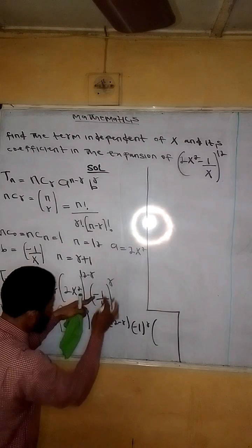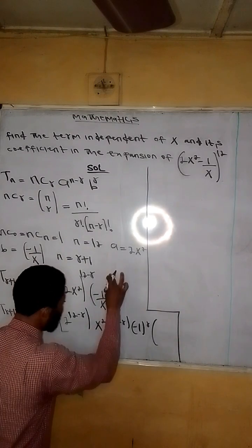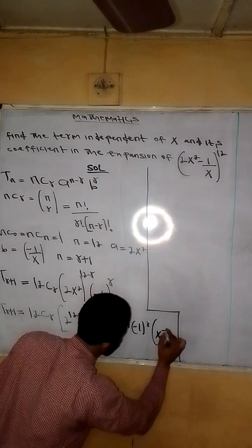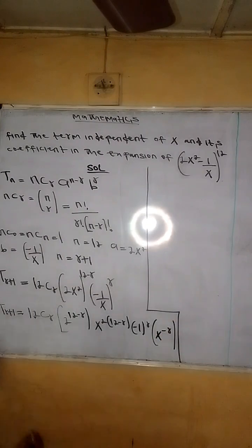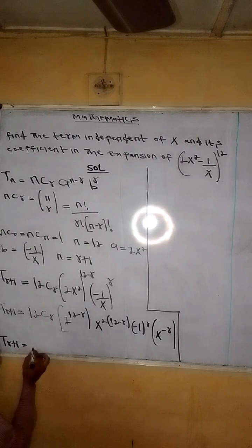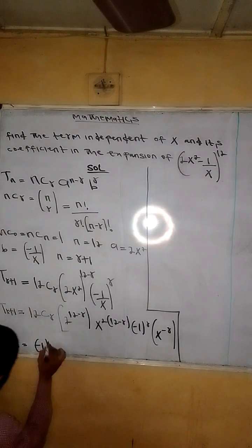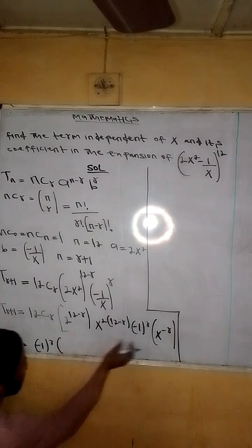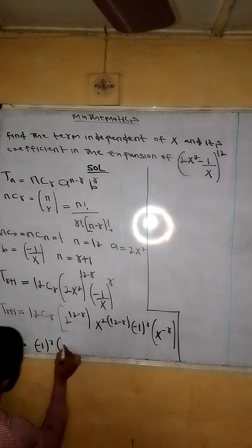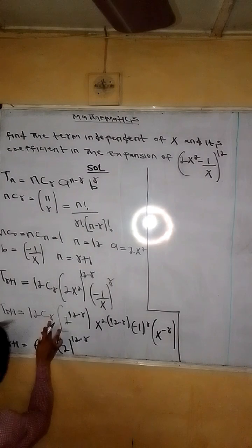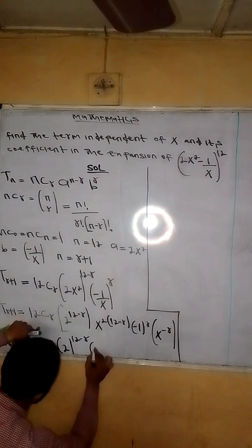Then what is left is 1 over s. 1 over s will still be raised to the power of r, but 1 over s can be written as s raised to the power minus r. So we are now going to have T(r+1) is minus 1 raised to the power r. Let us bring together all these numbers. Look at this number, bring it to this number, 2 raised to the power 12 minus r. Then I'll just call this one into 12